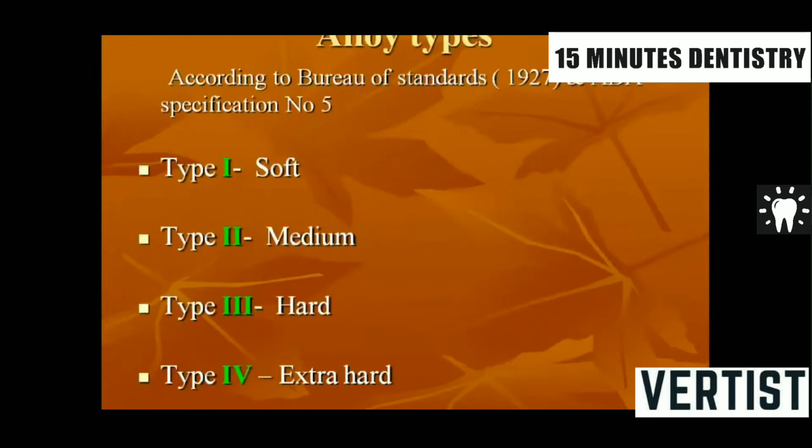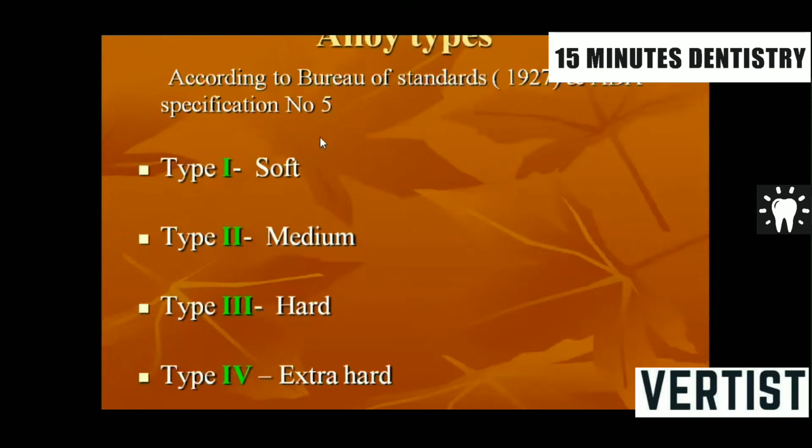So these were the constituents of gold alloys. You are supposed to know the constituents, their role, and at the most their percentages, and that too for the purpose of the vivas. Now, this I think is a must know. That was desirable to know. This is a must know. You need to know all these four types of alloys.